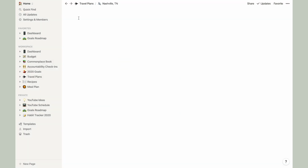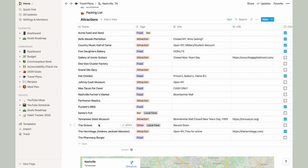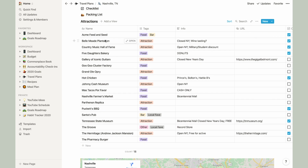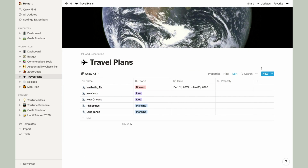Here's my recent trip to Nashville and like all the things that we did when I was making this. This was all the things that I wanted to do. It just made it easier for us when we went there, because then we would be like, oh, what do we want to do today? And then I would just go to this page and be like, oh, let's do this. This sounds fun. Or like, what did we want to eat? And we would look at all the things that were tagged with food. But basically my point is, on this page, templates are a huge game changer, and I use them for my